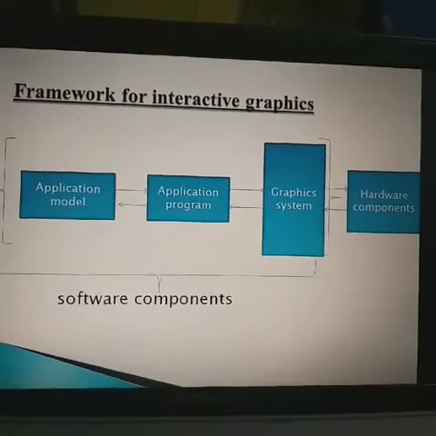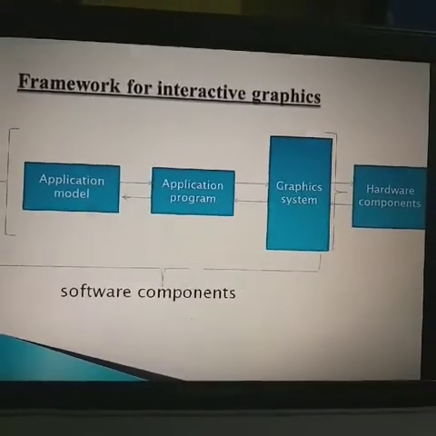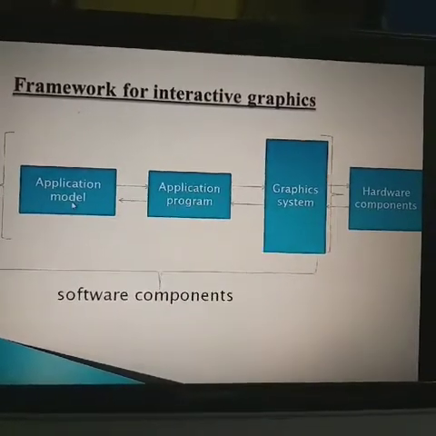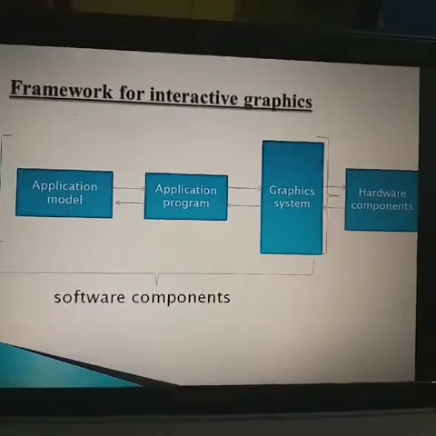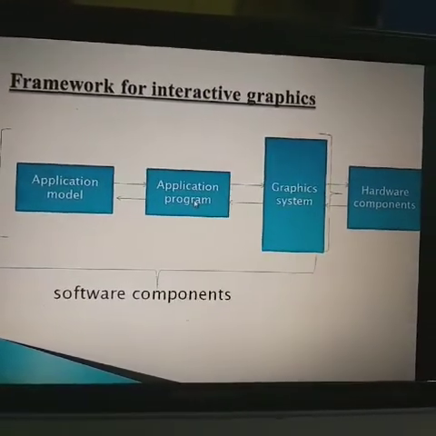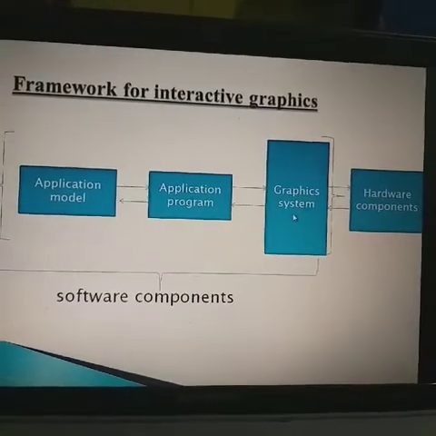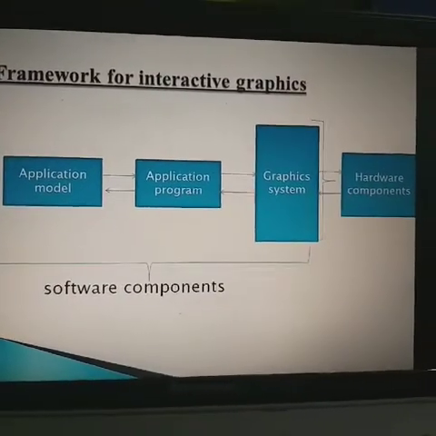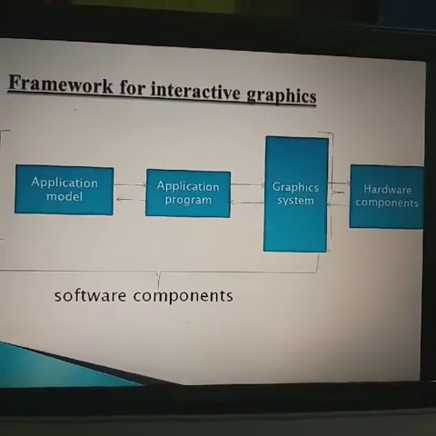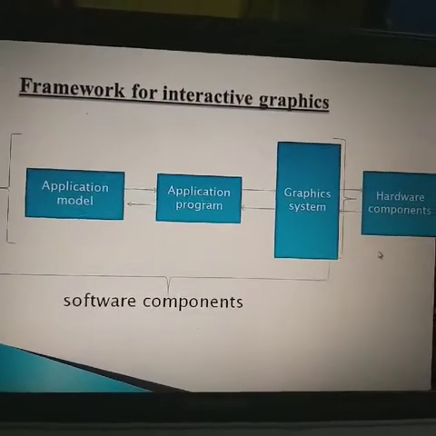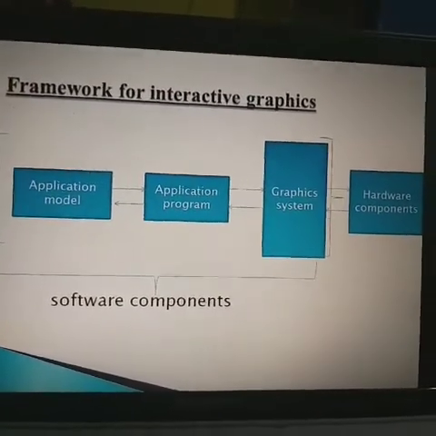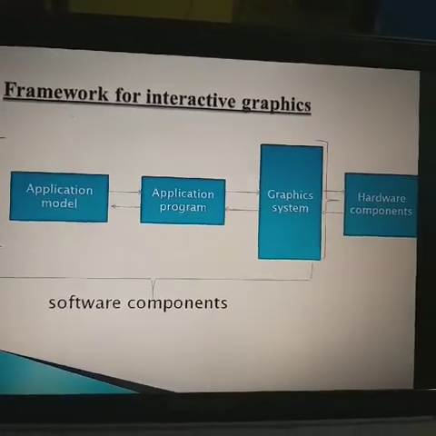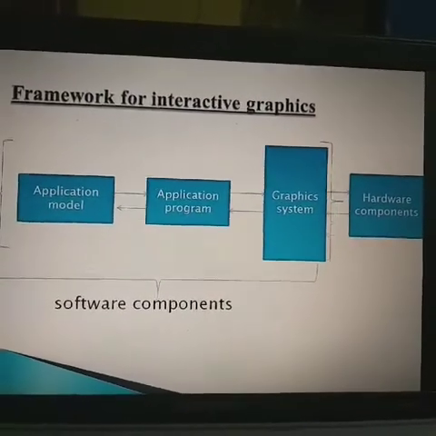The information is that the image we have is first of all captured, and that is done by the application model. Then the image is stored, and enhancement is done by the application program. Then the rendering process is done by the graphics system, which is the main interface between the software component and the hardware component. It is basically responsible for actually producing the picture from the detailed description and for passing the user's information to the application program for further processing.